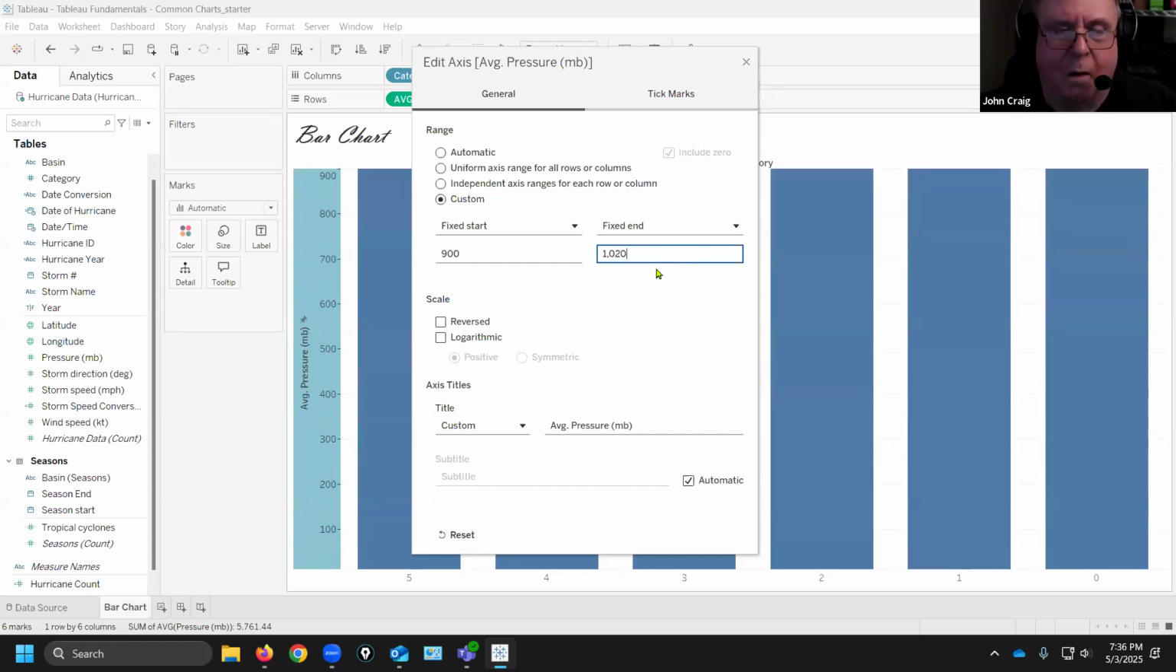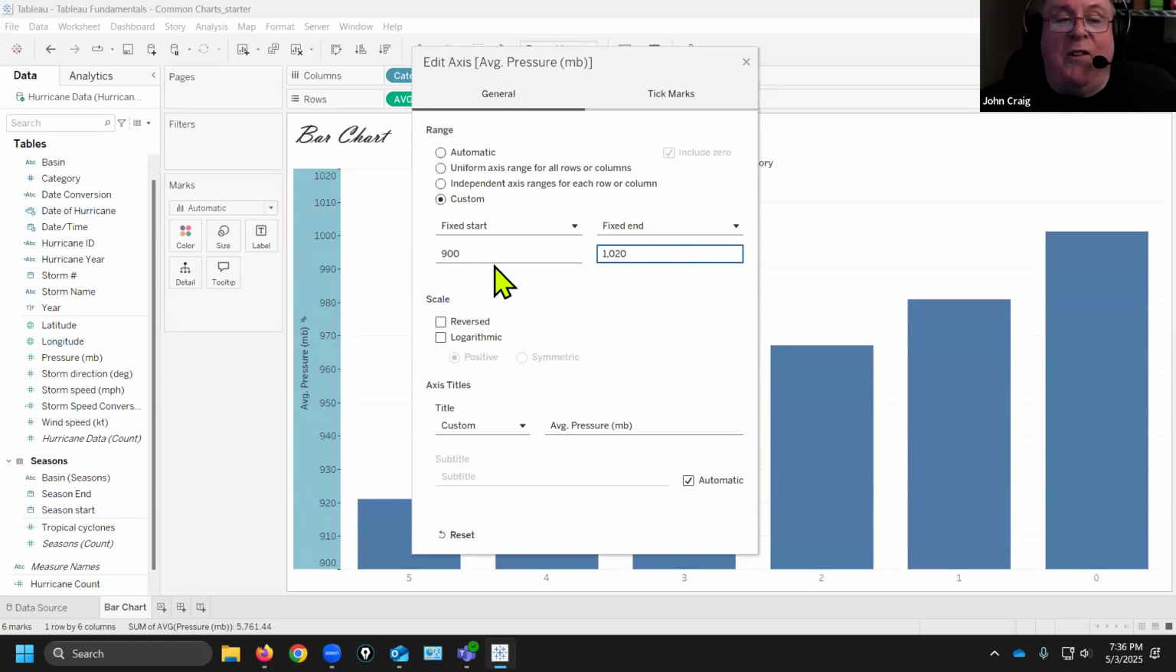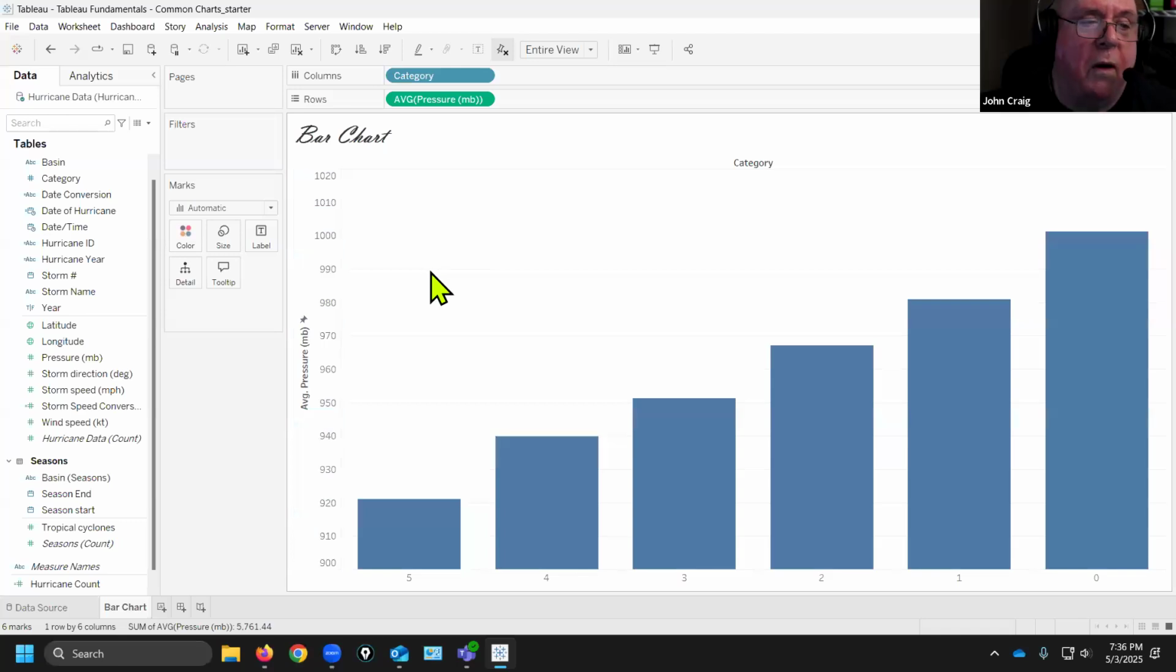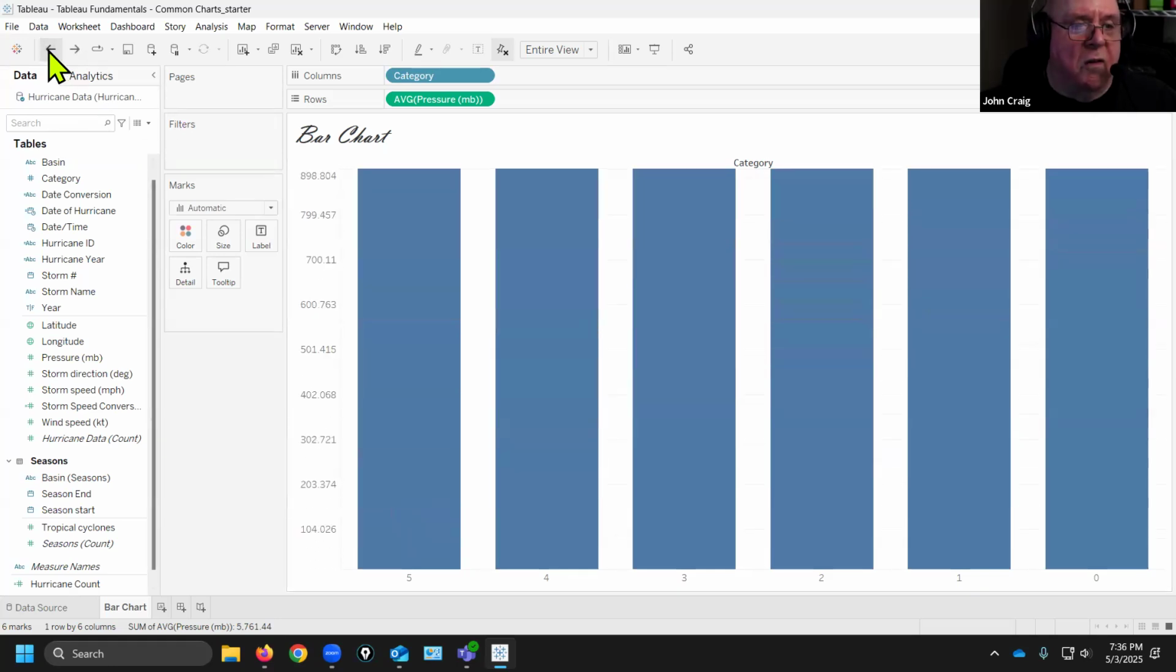1020. Now, if you change the way the range looks, wow, it really looks different. See, that's a way you can visually trick people into getting all excited, but it may be meaningful because if you know enough about the weather, you know there's a huge difference between 1,000 millibars and 920 millibars. That's huge. But if you take away that filter and just start at 0,